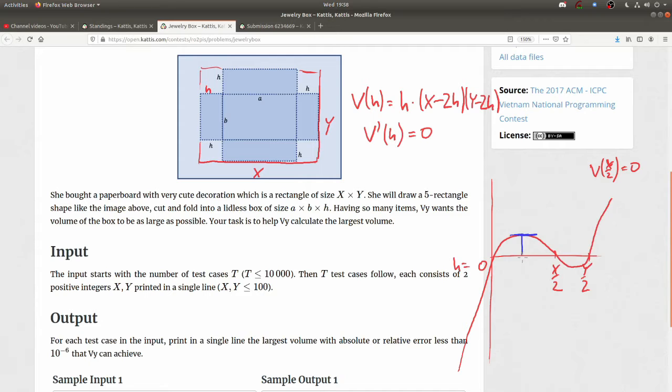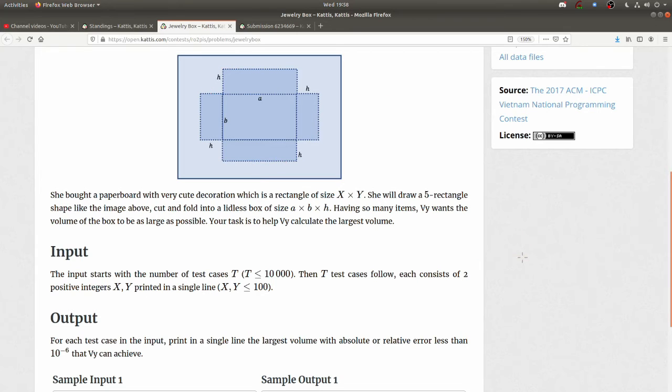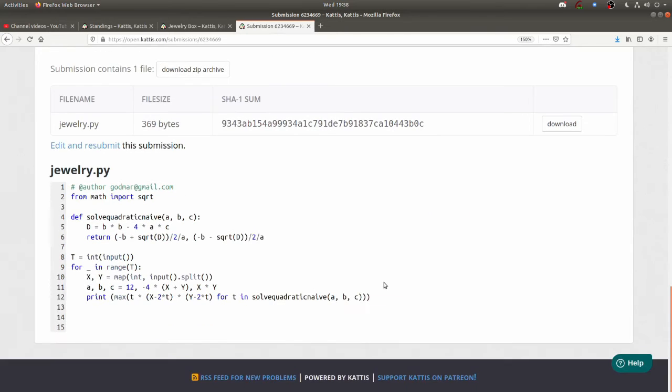Okay, so far this is all kind of high school calculus, and it can be solved this way, and we probably should solve it this way, right? I'm going to show the code here. I'm not going to spend time typing this in. So in this case, we would solve this with